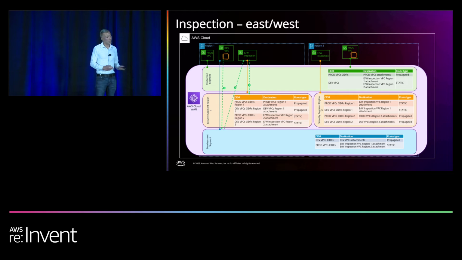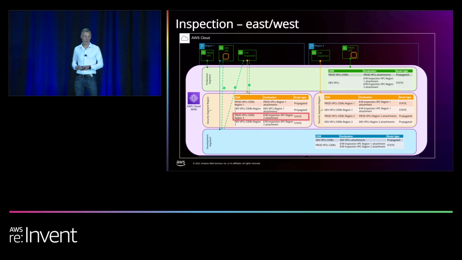Then traffic coming back will go to the security segment. And here we have a static route, and this happens to be in other regions. So it's the east-west inspection in the other region. If it was in the same region, then obviously it would take one of the other routes and not go across the region. But in this case, we do need to double inspect here, just for flow symmetry. You can't have the traffic just flow back in. Firewalls are stateful, and they don't like it when traffic goes around them.